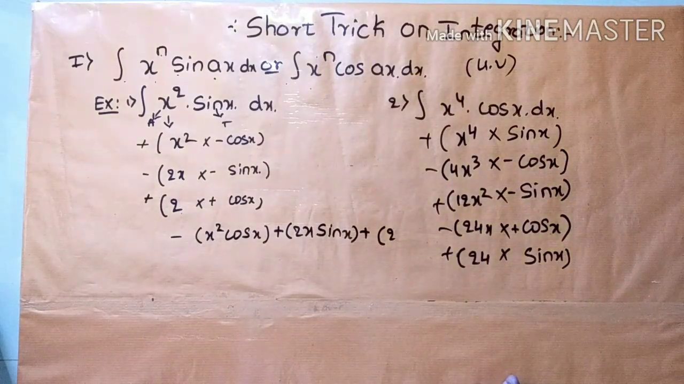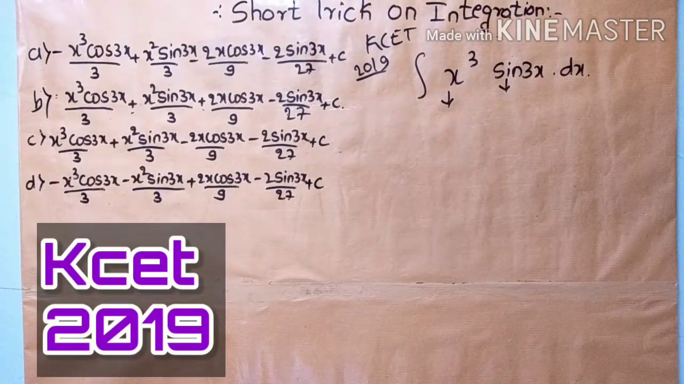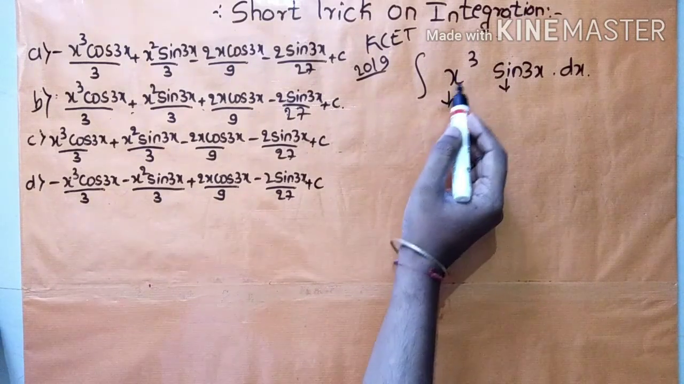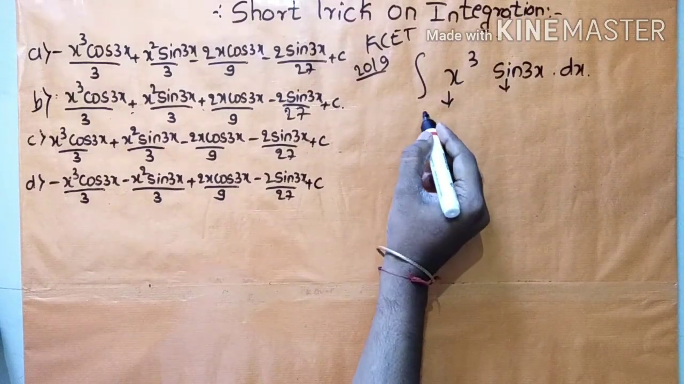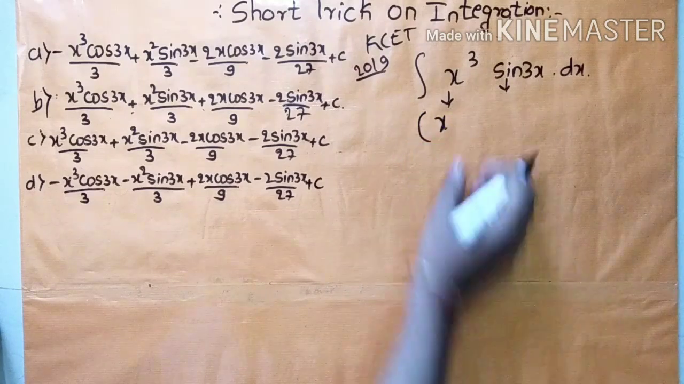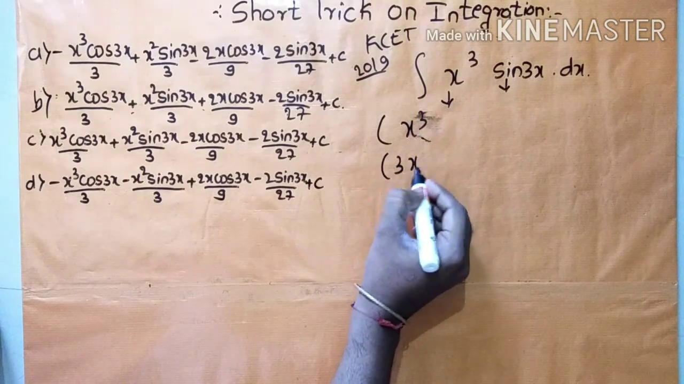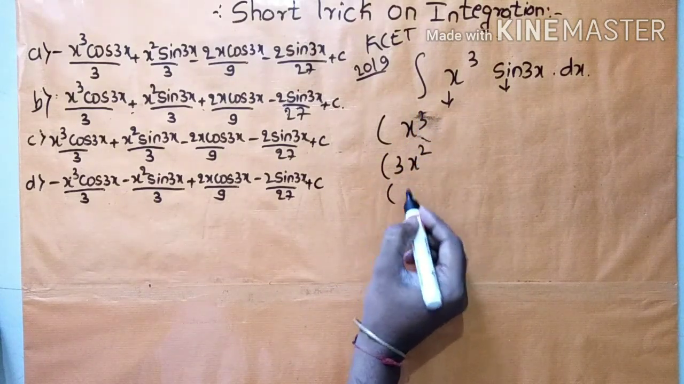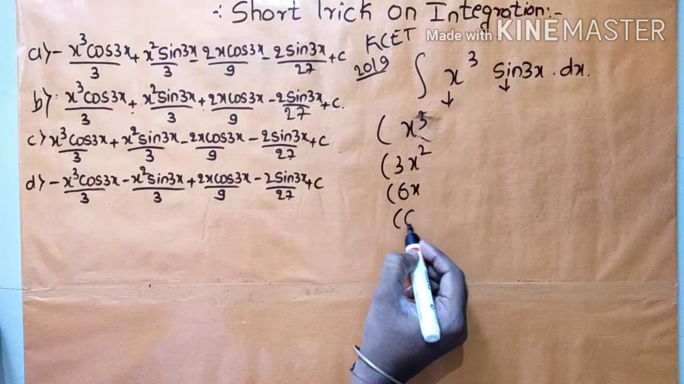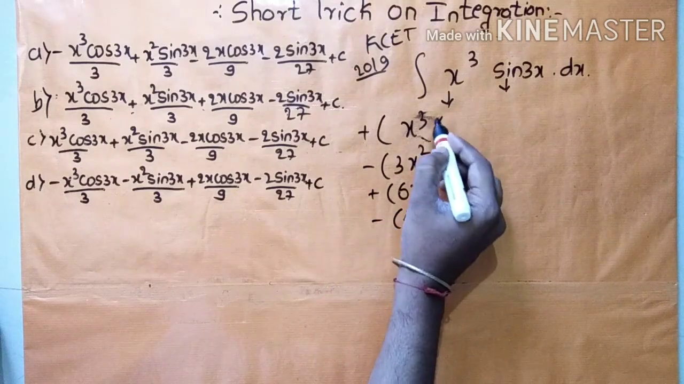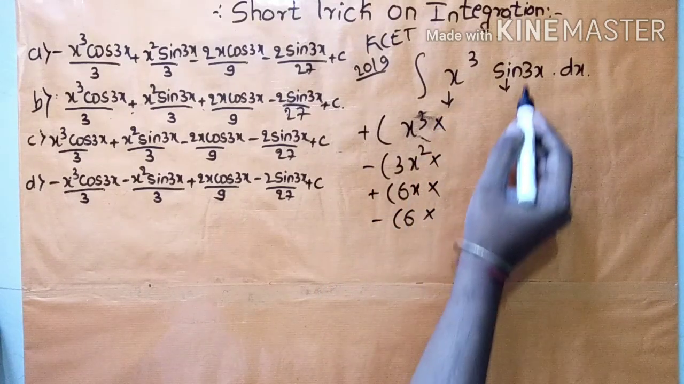Based on this, we will see one question which was asked in KCET 2019. Okay, see this question. This appeared in 2019. Using this trick, we can solve this one easily. So here, this algebraic function x cube is given. What I told, first we have to write this one as it is. Then go on differentiating. X cube differentiation is 3x square. Then 3x square differentiation is 6x. 6x differentiation is 6. Up to a constant we have to differentiate. Here plus minus,